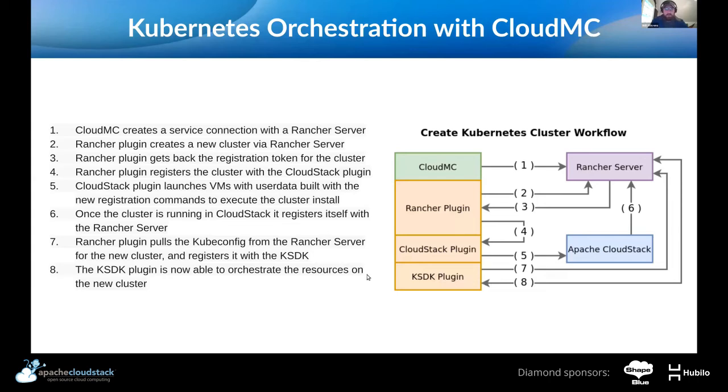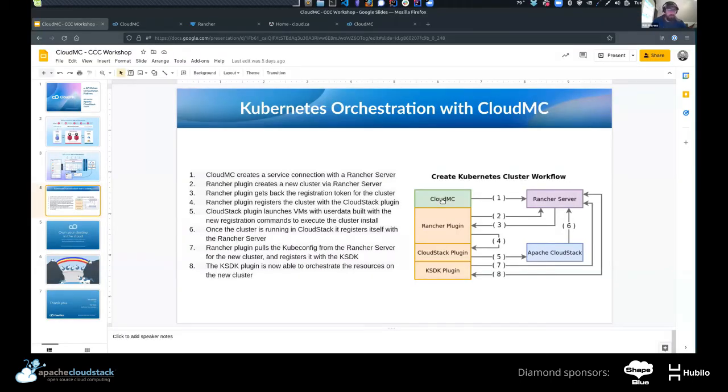So I will jump back in now that you have an idea of what's going on. One of the key things we wanted to illustrate is the fact that CloudMC allows not only for complex operations within the context of, say, CloudStack, where when it spins a VM, it can add different drives, or add public IPs and port forwarding rules and all that kind of stuff. It actually can orchestrate across multiple different systems at the same time based on the command.